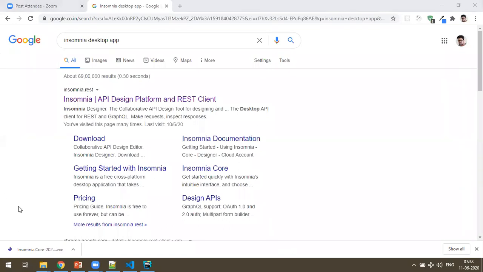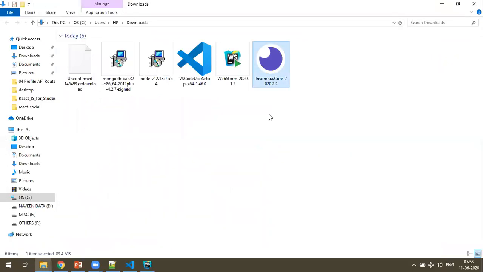And yeah, so it is successfully downloaded. You can just open it in the folder. Yes, this one, and you can just double click on this.